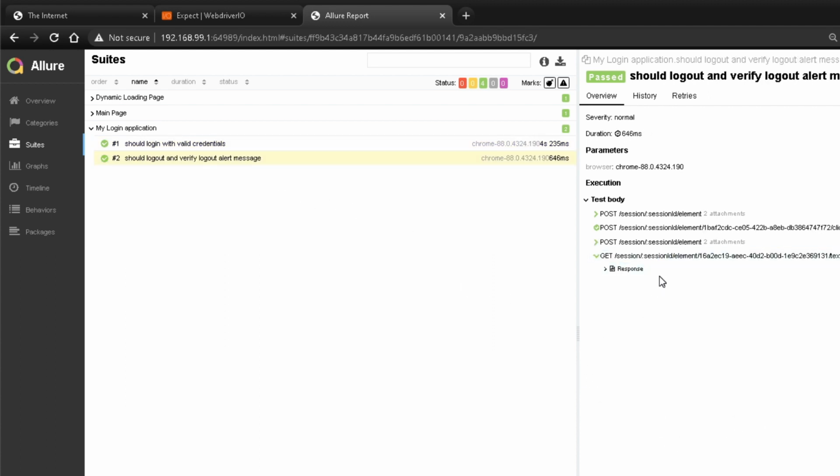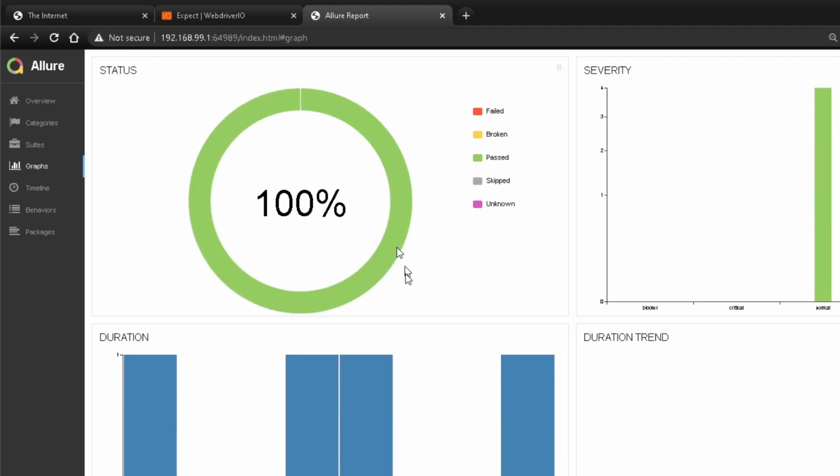I'm checking in for the response that the logout text is actually there. Similarly, I can see other stuff too. Now, if you're familiar with Allure, you probably know how this looks. I can see all of my tests, the duration it took, different severity and priority, and you can go ahead and keep customizing it the way you want.